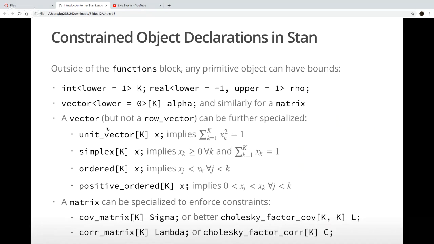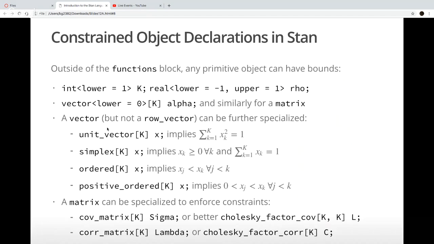Vector type has 4 different subtypes that you could use in addition to general vector. So unit vector is one that has the restriction that the sum of squares is equal to 1, but doesn't restrict the signs. Simplex, as we talked about a second ago, is going to be non-negative and add up to 1. But simplex obviously has the further restriction that the elements have to be non-negative.